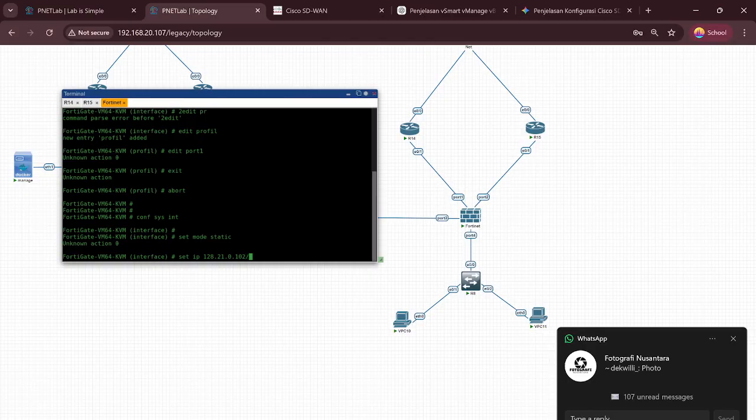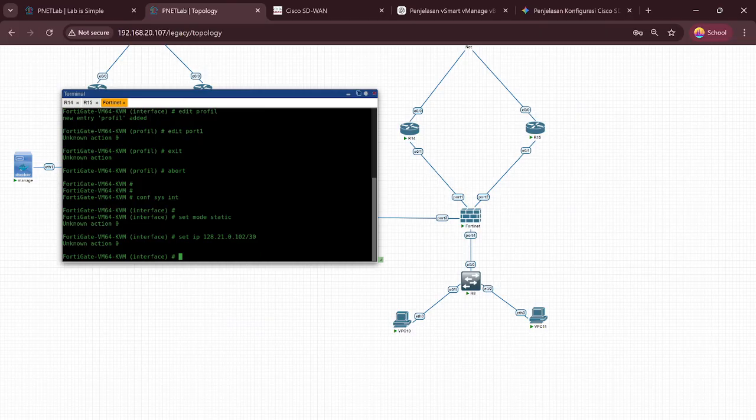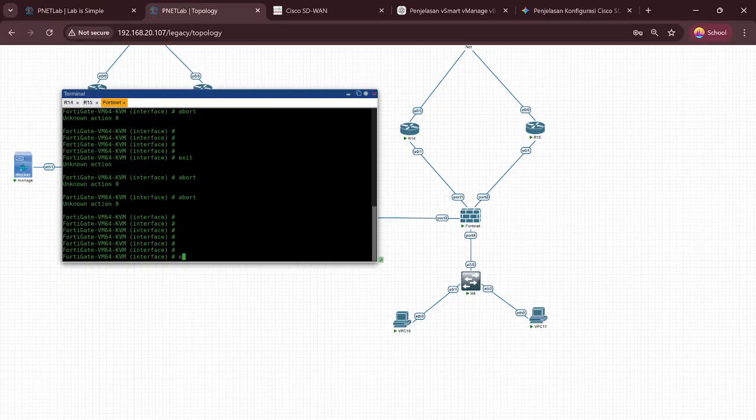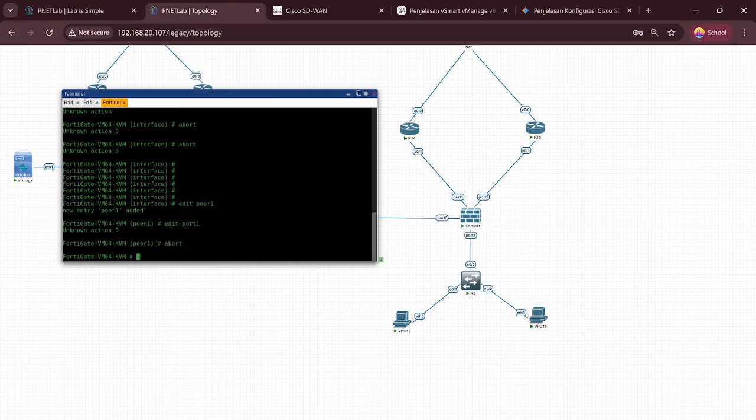Okay, don't forget prefix 30. Okay, configure system interface.